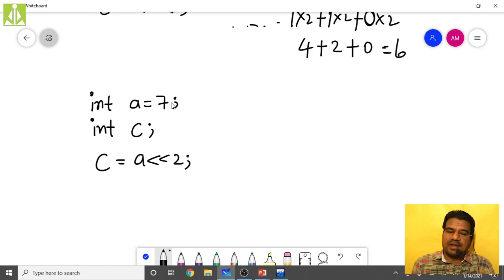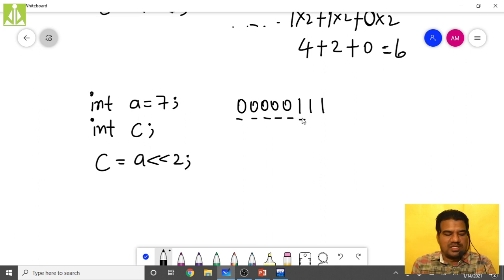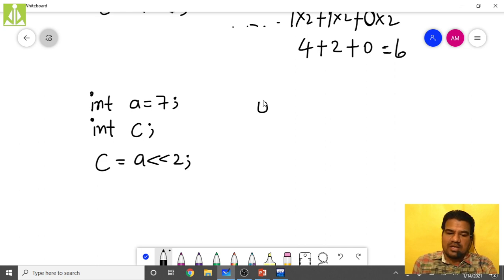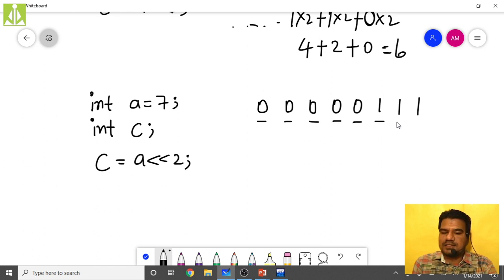Now I will calculate the final value after performing the bitwise left shift twice. So what is 7? 7 is triple ones, isn't it? So take 5 zeros, then triple one, 1 1 1. Now fix the places like this. It is better to write all these numbers separated so that we will understand the concept clearly. So 0, 0, 0, 0, then one more 0, and finally 1, 1, 1. So now fix their places.